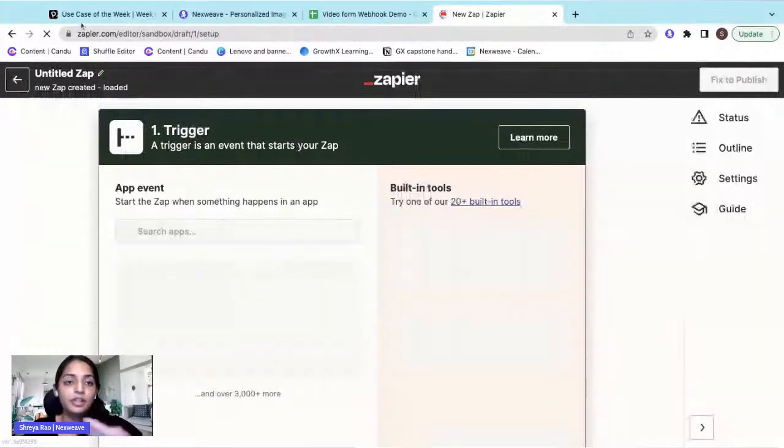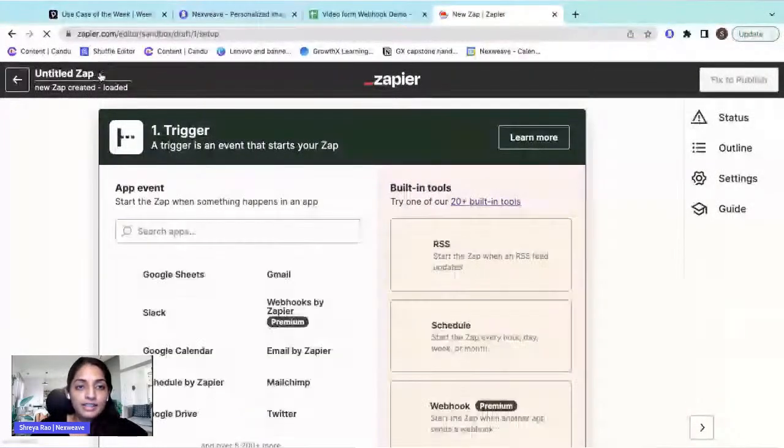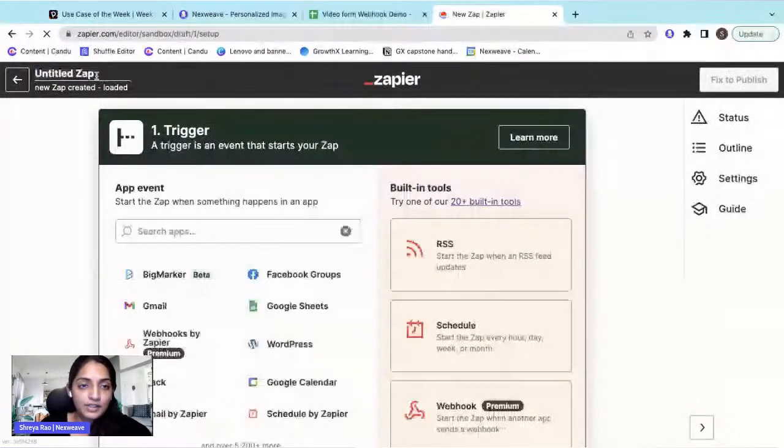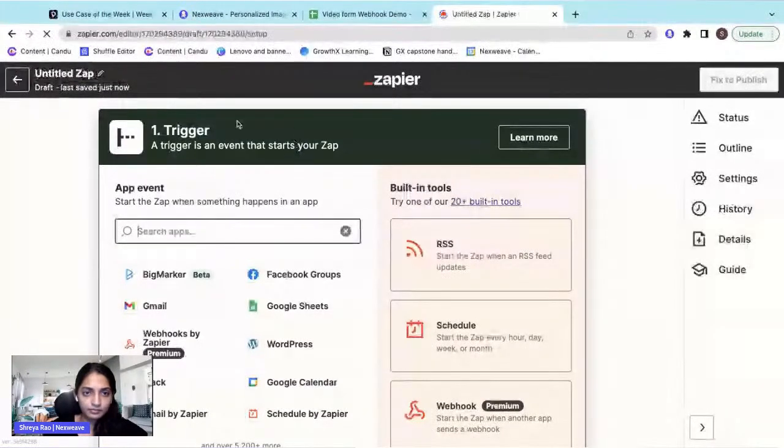Perfect. So now we've got this Zap. I'm just going to rename this. And now we need to set up our first trigger. So our first trigger here